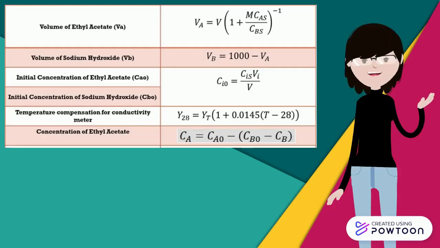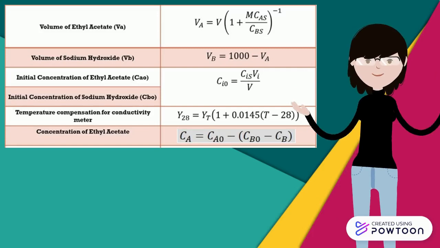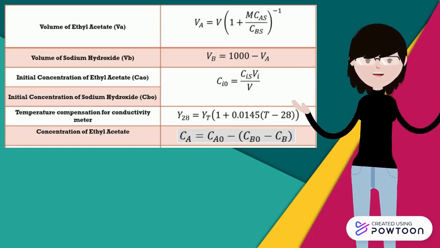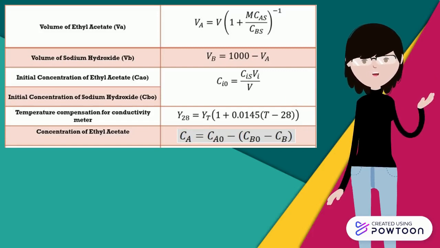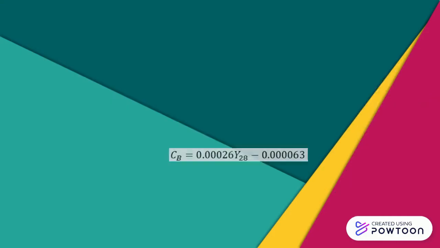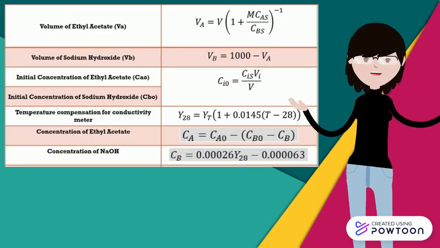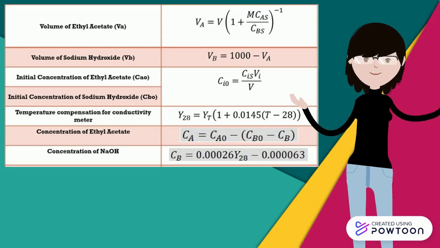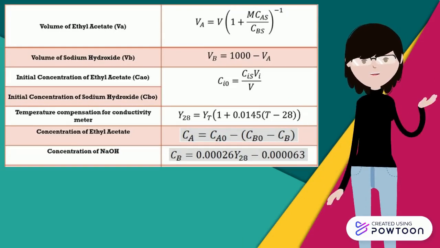Next is the formula for the concentration of ethyl acetate, which is equal to the initial concentration minus (initial concentration of sodium hydroxide minus concentration of sodium hydroxide). Then for obtaining the concentration of sodium hydroxide, the formula is 0.00026 multiplied by the obtained Y sub 28 minus